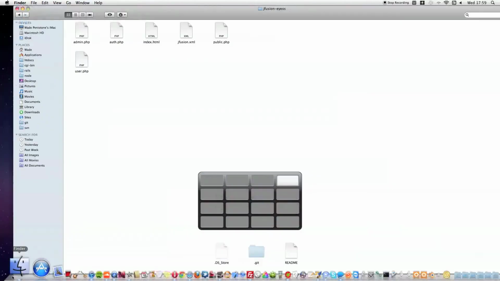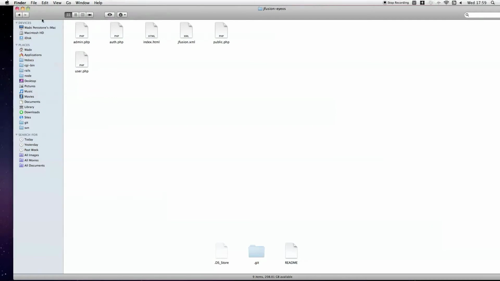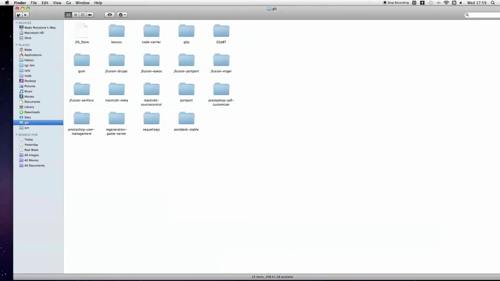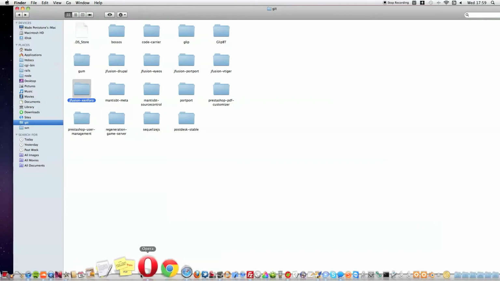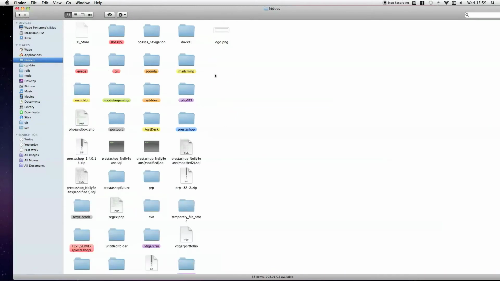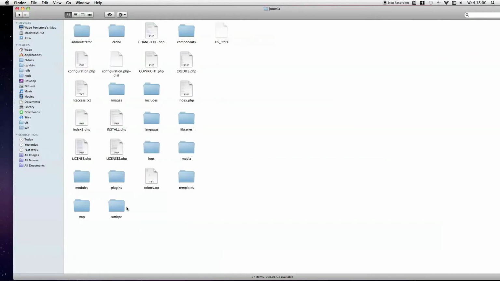Another thing is, once you've created this file in its folder, you can compress it by either using some sort of zipping tool, or if you're on a Mac, just right click and compress, and then you can either uncompress that in Joomla, so directly through FTP or some kind of web-based directory. So I've got Joomla on here, and it's in